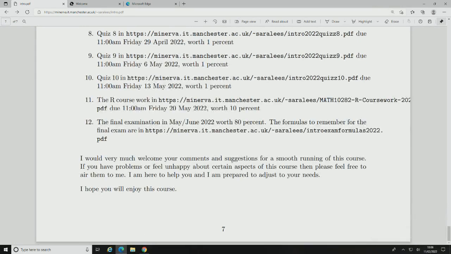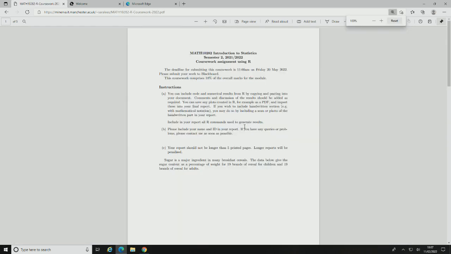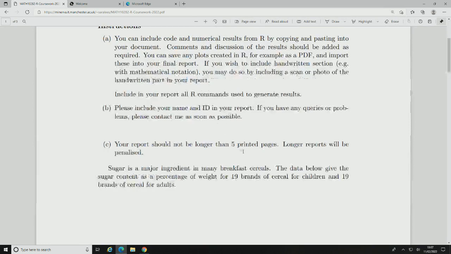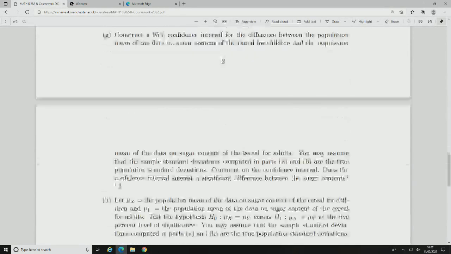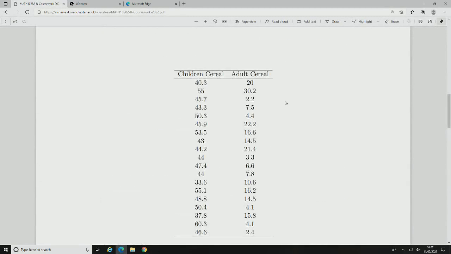And on top of that, there will be our coursework, which is contained in this link, that's due on Friday the 20th of May, which is the last day of the semester. And this ARC coursework is worth 10% of your total mark. So this is the ARC coursework. It's similar to last year's one, so it's basically asking you to do a data analysis, right? So if you look at last year's ARC coursework, you will see how to do this, right?